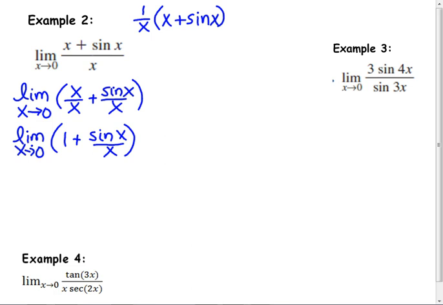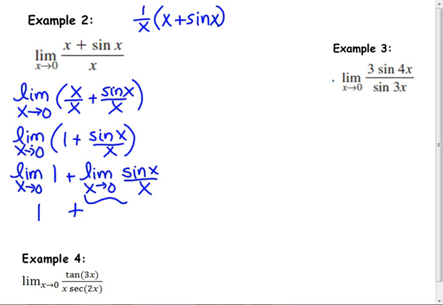I distribute the limit over the sum. So this is the limit as x goes to 0 of 1. You do not have to show this. You can go right to the answer if you see the answer. If you don't, you might have to show it. What's the limit of 1? This is the y value. The horizontal line is 1. The limit of a constant is the constant. What's the limit of this one? 1. So the answer is